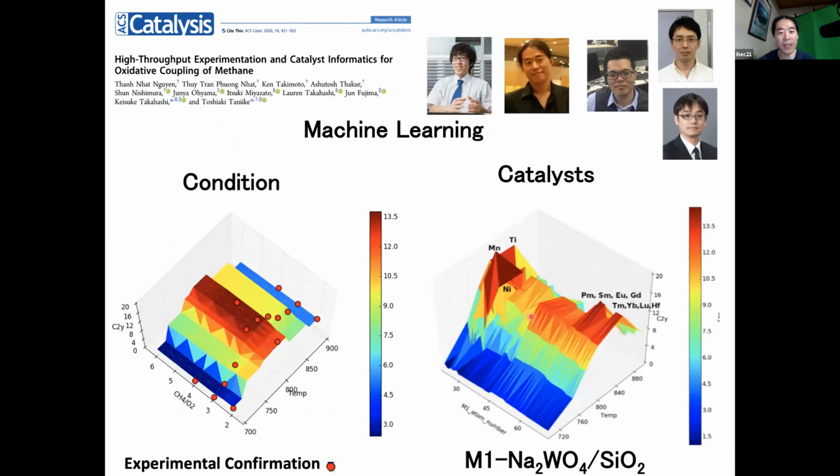From that big data, the machine or artificial intelligence can easily predict experimental conditions and catalysts. As you can see here, we pick certain catalysts, but the machine can predict what would happen if you change the temperature, the CH4 flow, and the O2 flow, and how much C2 you can get. So the machine can easily predict the experimental space. You can clearly see that maybe a temperature of 800 and a CH4 flow of maybe 3 is good.